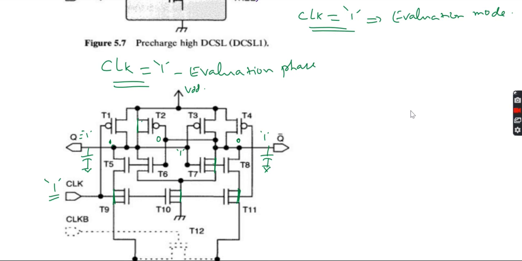Okay, now we can see what has happened in this place. When the clock is high, then T9, as I mentioned here, you can see this T9, T10 and T11 are on, as I wrote earlier, right? Next, the Q and the Q bar being high ensures that Q and Q bar will be high. Q and Q bar are high. So this ensures